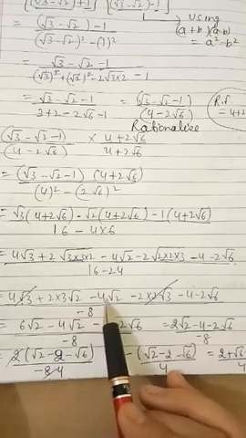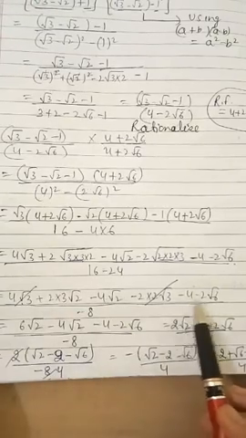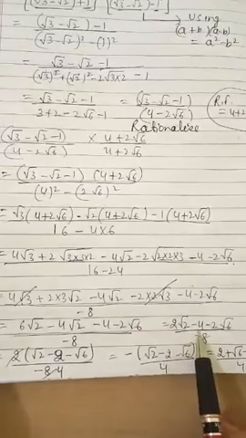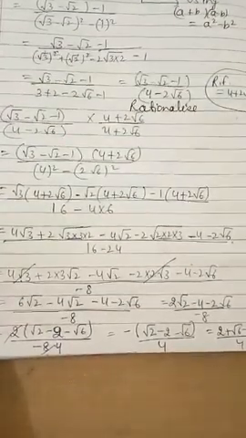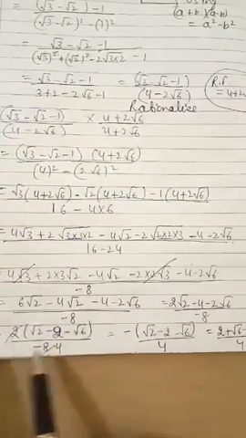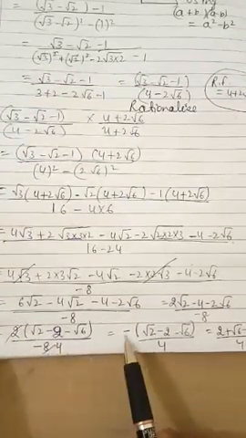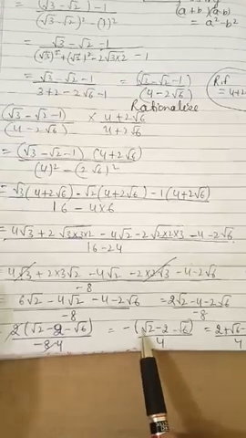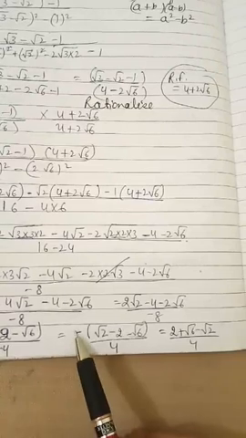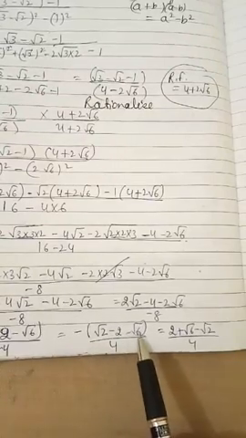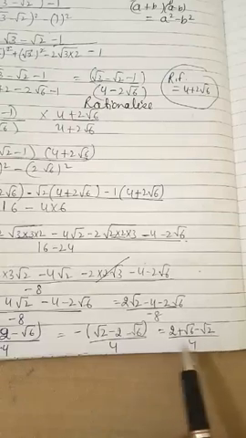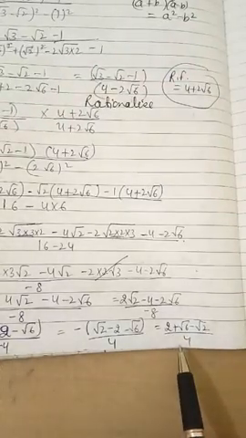It is 6 root 2 minus 4 root 2, minus 4 minus 2 root 6. 6 minus 4, it will be 2 root 2 minus 4 minus 2 root 6. So here 2 you can take common from the numerator and it will cancel. 4 is there, minus sign you can write in the front, root 2 minus root 6 upon 4. Then this minus sign you can multiply inside the bracket. We are getting 2 plus root 6 minus root 2 divided by 4. So this is your answer.